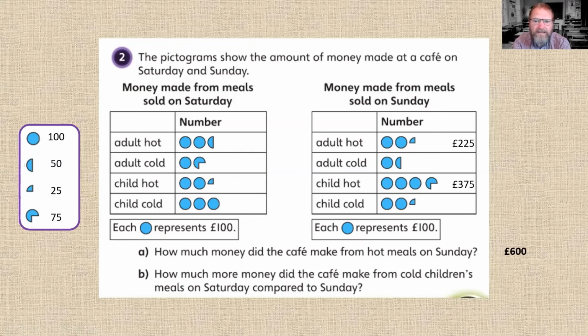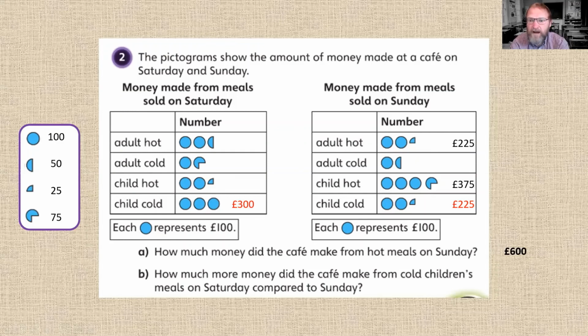Question 2b. How much more money did the cafe make from cold children's meals on Saturday compared to Sunday? Well, on Saturday, they sold 100, 200, 300. And on Sunday, they sold 100, 200, and 25. So that's 225. Now, if we take 225 away from 300, if we count on would be one way of finding that. So that would be